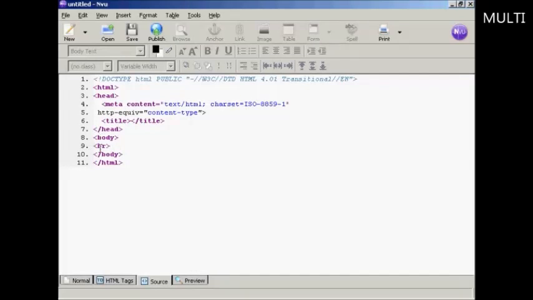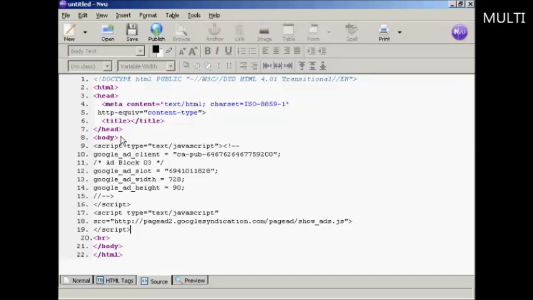and your Google AdSense code needs to go in between the two body tags. Or if you're having it in, say, a frame or something like that, then you will paste it into that particular area of the site. Okay, let's just paste this in, and that's that. Now obviously there is nothing on this website at all,